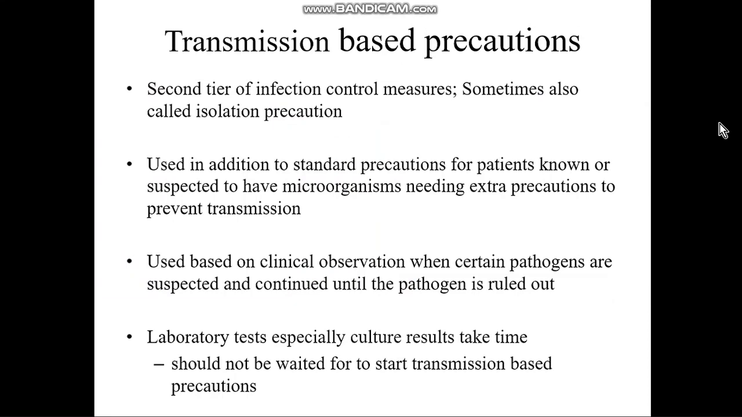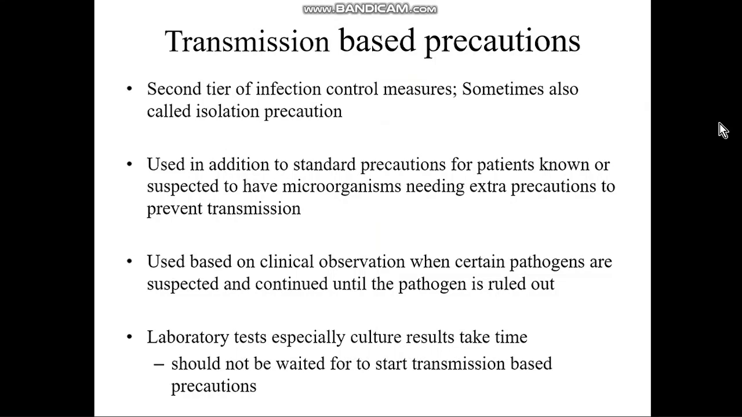Now we come to transmission-based precautions. Transmission-based precautions are considered as the second tier of infection control measures, sometimes also called isolation precautions. They are used in addition to standard precautions for patients known or suspected to have microorganisms needing extra precautions to prevent transmission. They are used based on clinical observations when certain pathogens are suspected and continued until the pathogen is